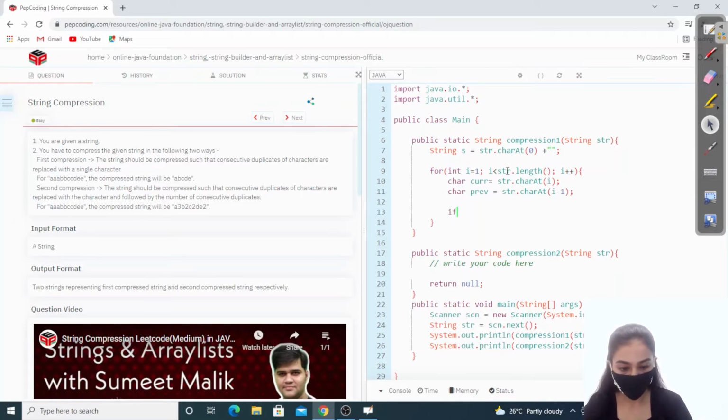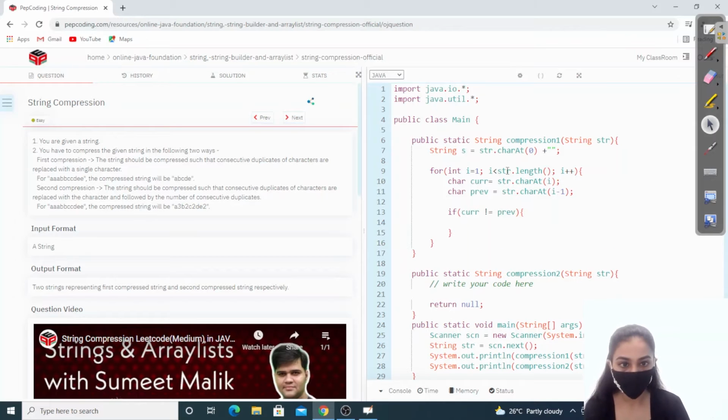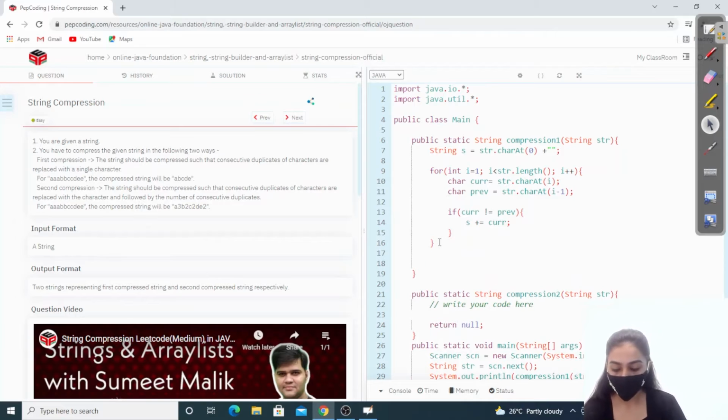So s plus equals the current element. We added the current element, and after coming out of the loop, we have to return the string. So this is compression one. Let's see compression two.